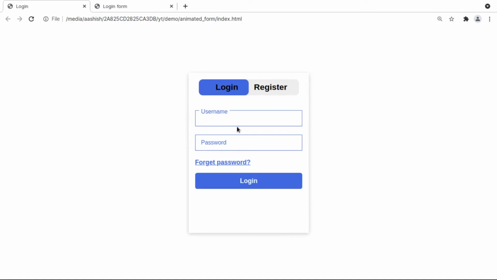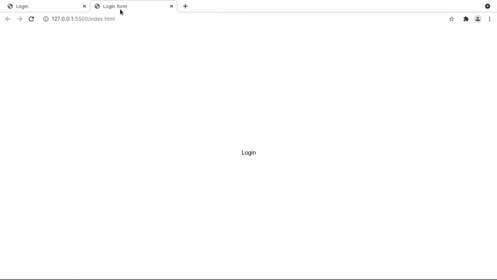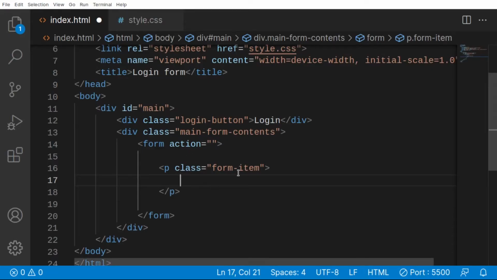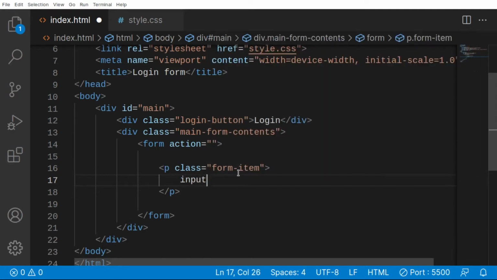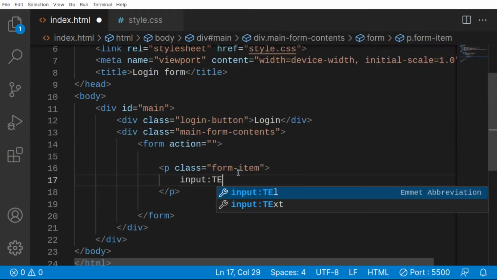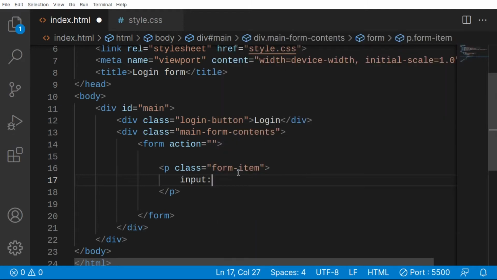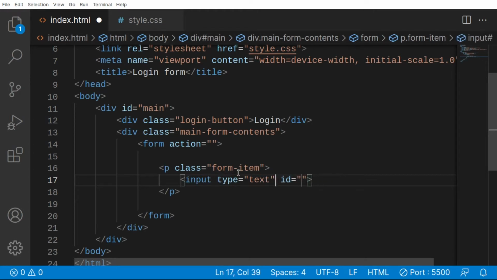So that's the thing I am referring to as the form item. And inside in here we are going to have input element with the type of, sorry I misspelled, with the type of text. Name, I'm not going to give it a name here, just for simplicity. ID will be username,